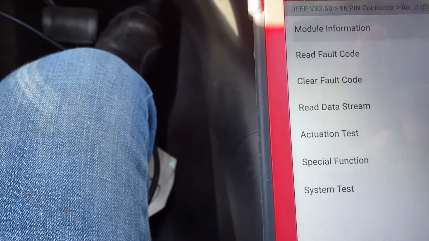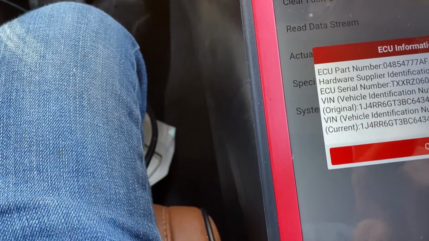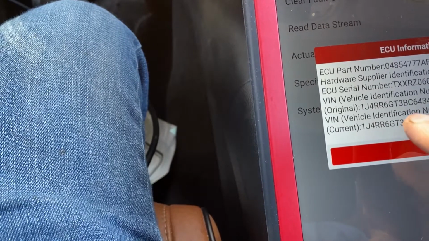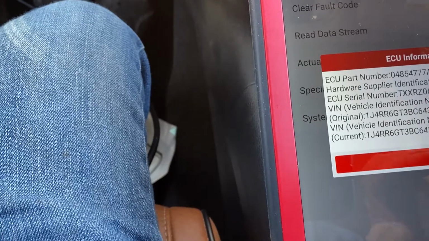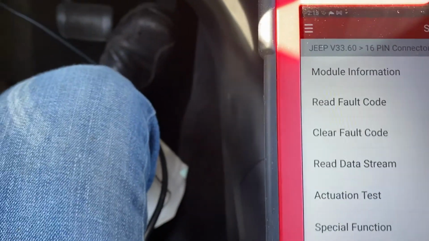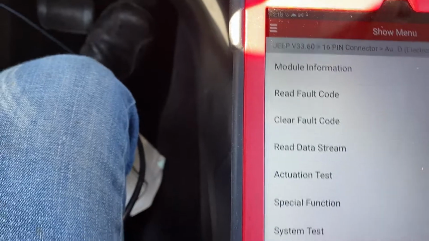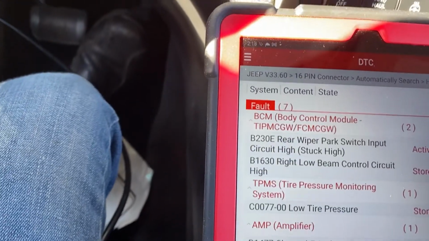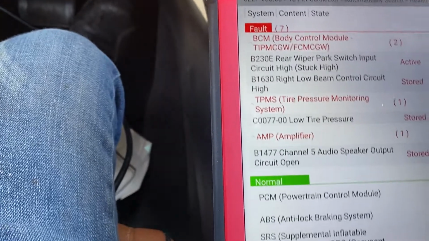So, module information. Okay, that's current. Make sure everything is correct. The VIN number is correct and everything, and it's a Bosch ECU. All right, I was talking about mode 6. We can do a different video for mode 6. Mode 6 is good when you do any fix or repair and you need to see